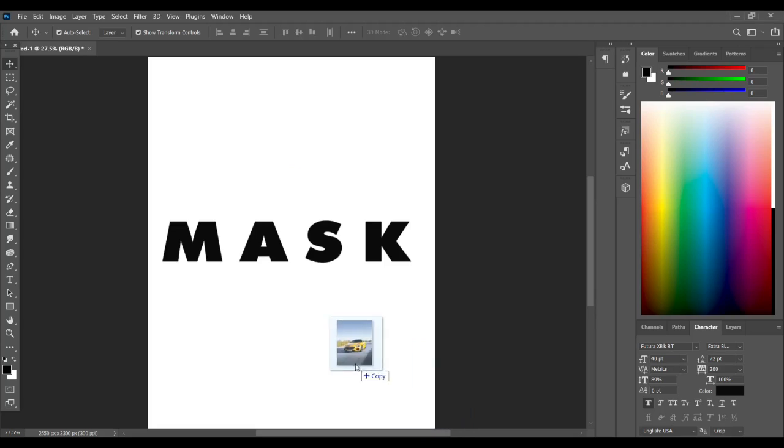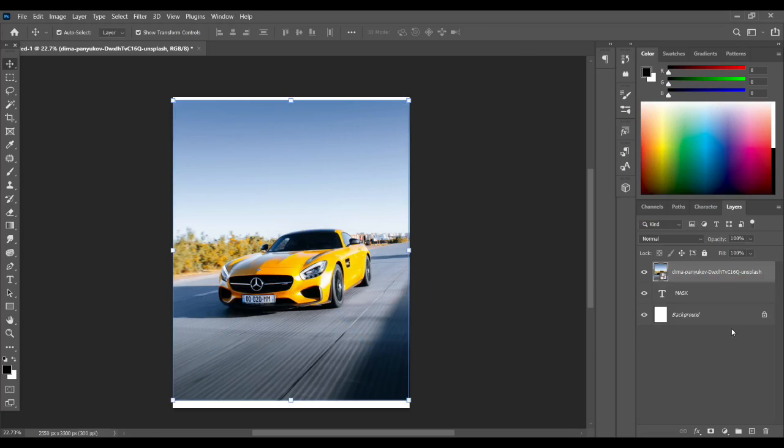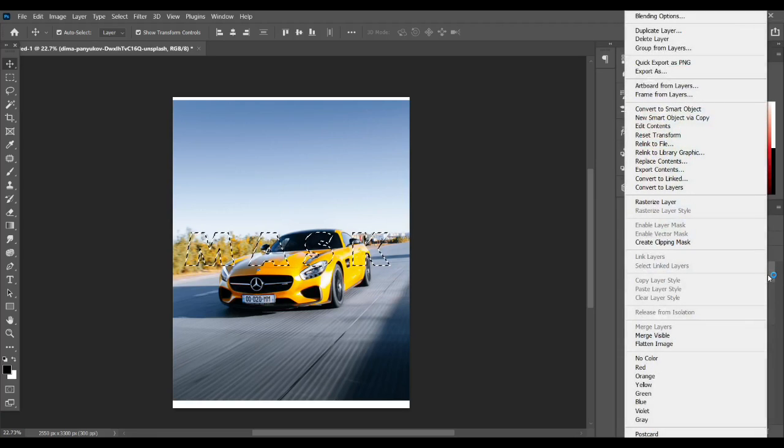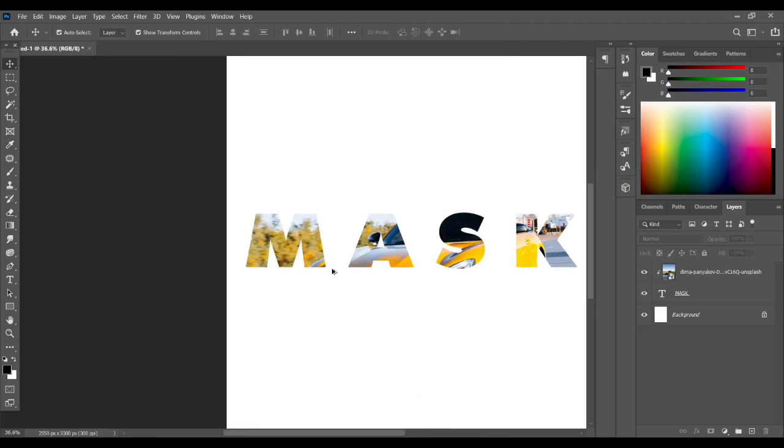any image, and click OK. After that, go to layers and hold the Ctrl key and click on the text thumbnail to make a selection of the text, and go back to the image layer and right click with your mouse and select the option Create Clipping Mask, and press Ctrl D or Command D to deselect. You see,